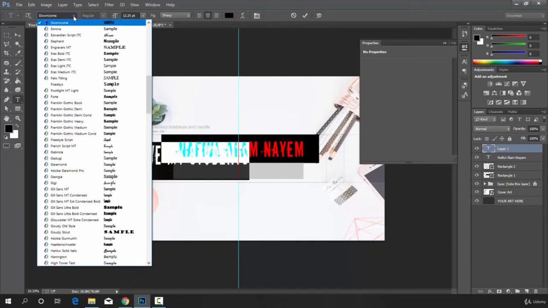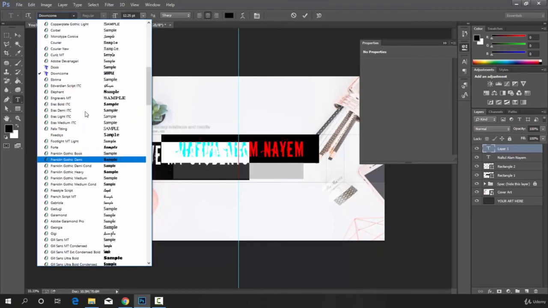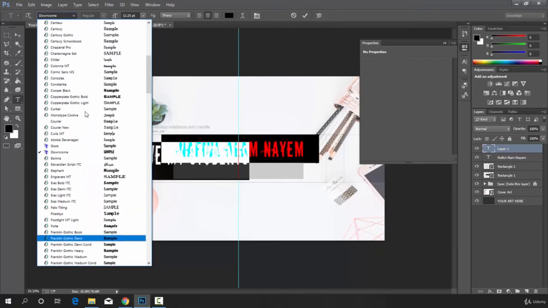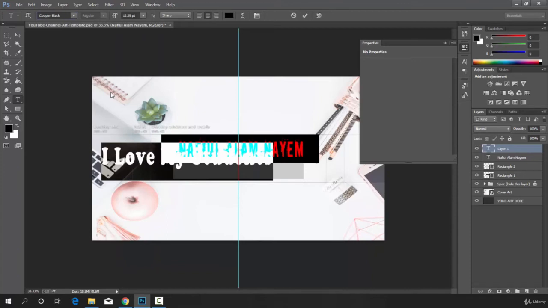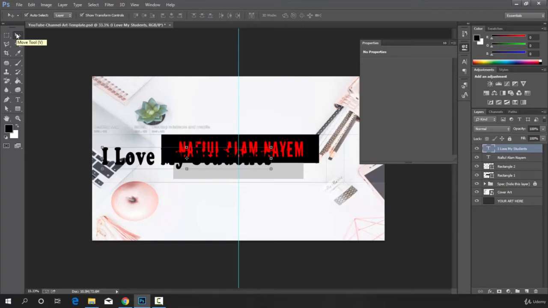That's why I click here and choose any font. Suppose I need copper black like this. At the moment I want to customize. For that reason I click the move tool and customize it as my need like this.